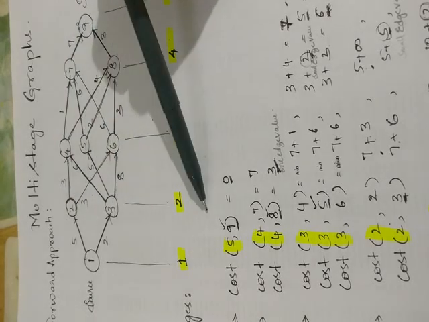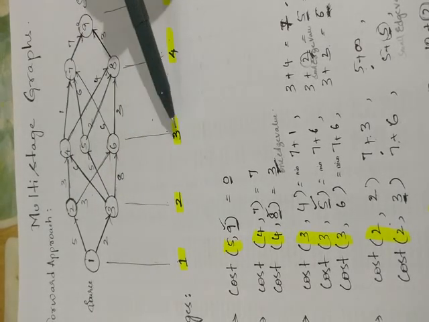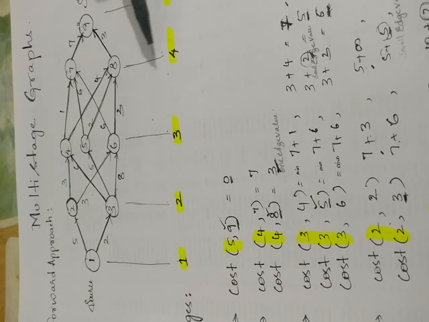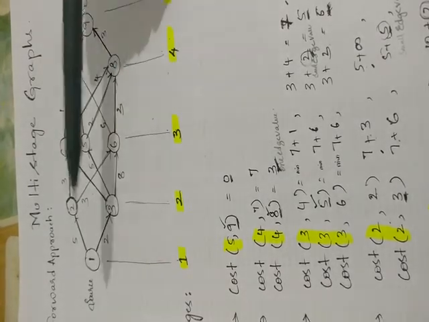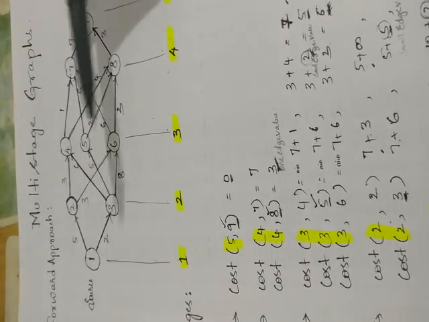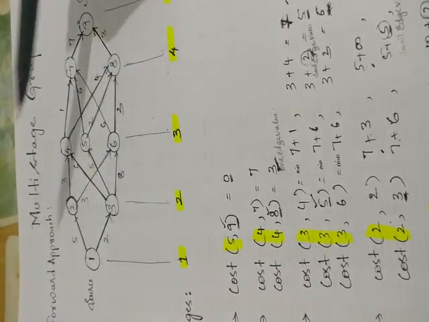One edge connectivity will be one stage. 2 edge connectivity, they will be categorized under the next stage. 3 edge connectivity under the next stage. So like this I have written stage 1, 2, 3, 4, 5 similar to last time. But the approach of solving the minimal path will be different. In this forward approach, what we will do?